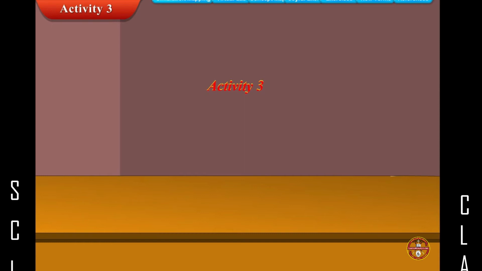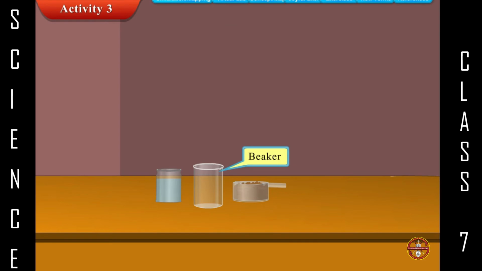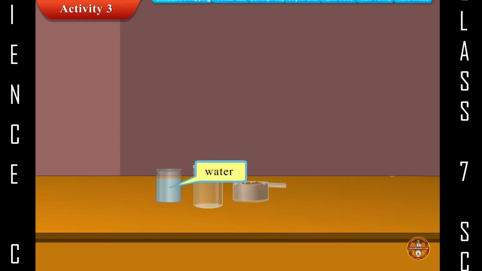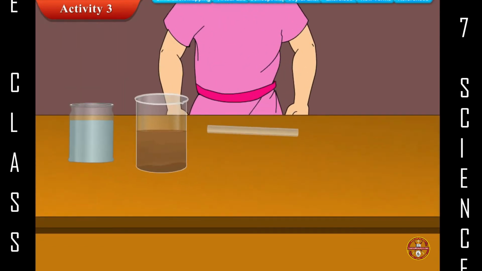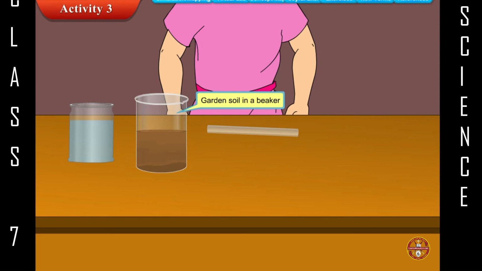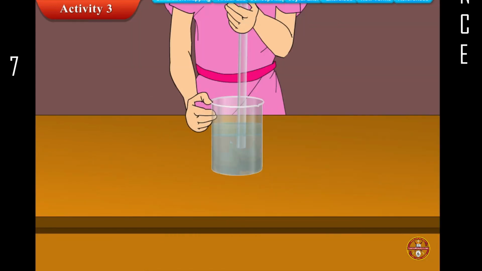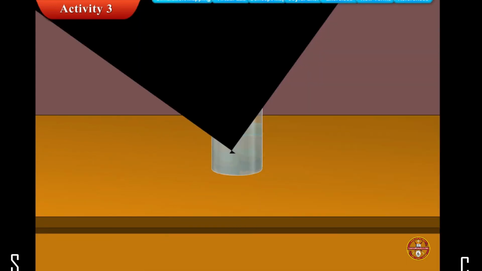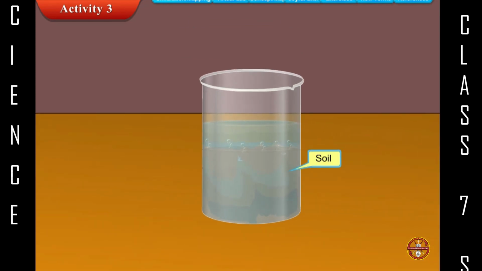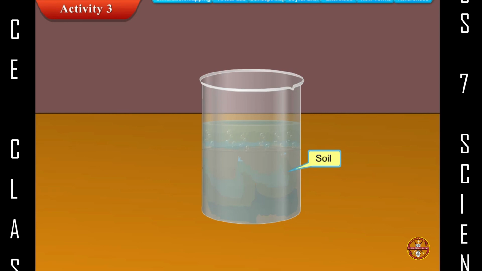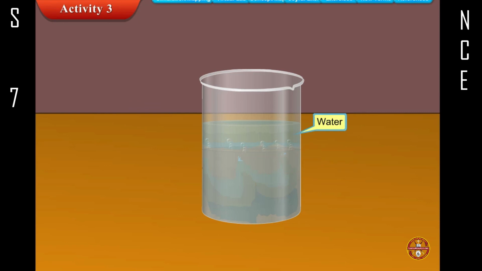Activity 3. To show that soil contains air. Things needed: beaker, garden soil, glass rod, water. Method. We take some dry garden soil in a beaker. Add water to the beaker and stir the soil and water mixture with a glass rod for a while. Observation. We will see the bubbles coming out of the soil. These bubbles are of the air which was present in the spaces between the soil particles. Actually, when we stir the soil with water, then water enters the spaces between the soil